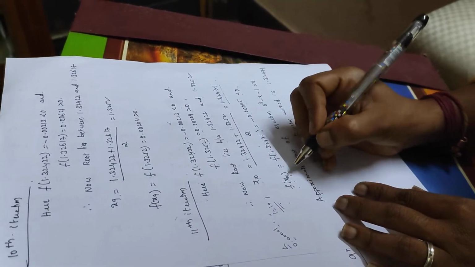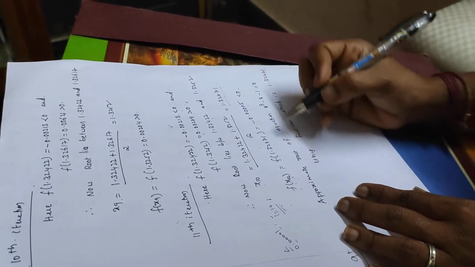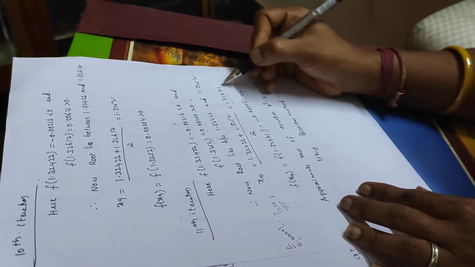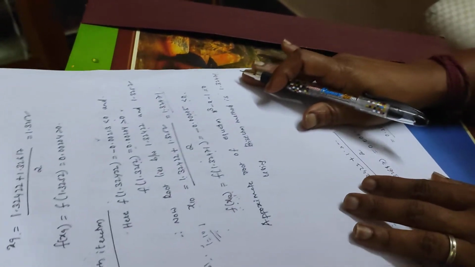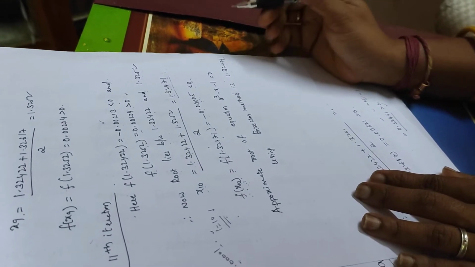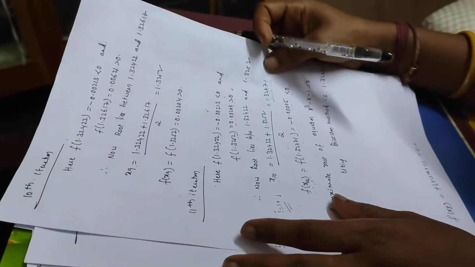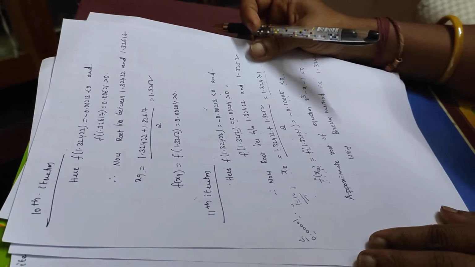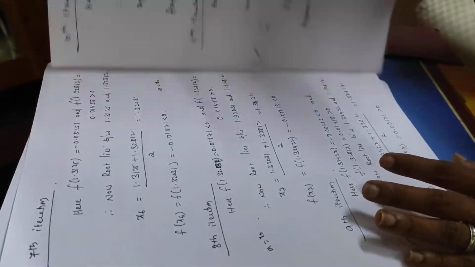So in whichever xi position you get your f of x value approximately 0, you can take that value as your root. So now my root is 1.32471. At this value I get my f of x approximately 0. So in this way you can find the root in the bisection method, and just remember one thing: in the bisection method it will take more than 8 to 10 steps to get your solution for any problem.